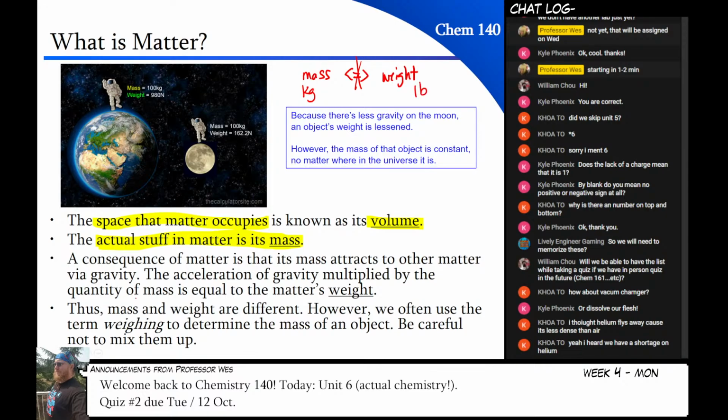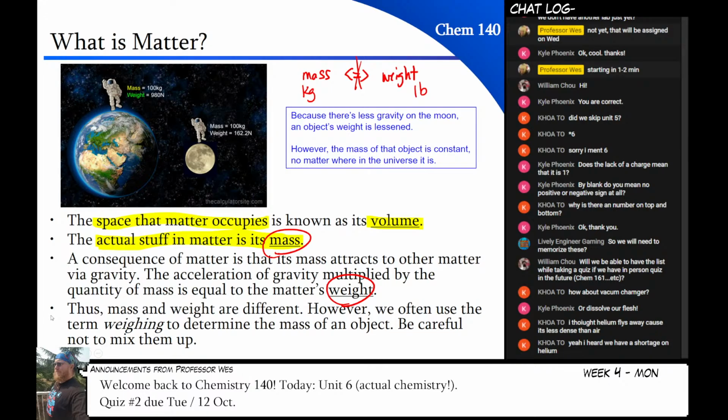On the left, we have mass, which we measure in kilograms. And on the right, we have weight, which pounds is actually a weight. If I asked you your mass, you could not say, oh, I weigh 210 pounds. Because that's not a mass, that's a weight. What's the difference between mass and weight? And the answer is,